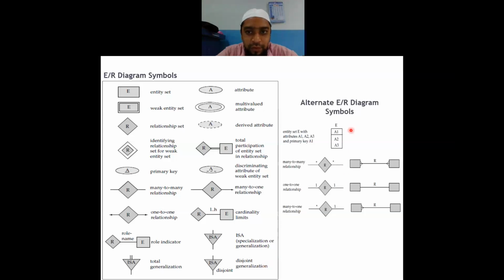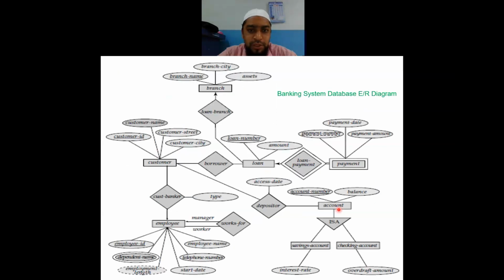Similarly, we will have a few more symbols used over here. An entity can be represented as a rectangle with its attributes listed inside and the name above it. The primary key will be the first one listed, and below will be candidate keys or alternate keys. If it is many to many, we will have asterisks on both sides, or we can have this type of arrow notation. If it is one to one, clearly 1 and 1 will be written, and we'll just have no arrows. If it is many to one, an asterisk and one. So these are the different notations which will be used.